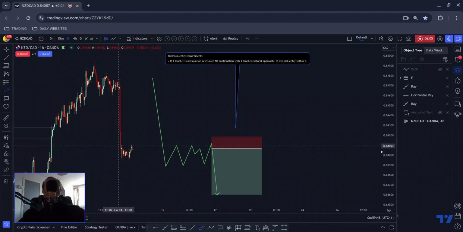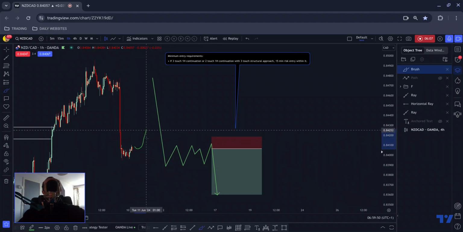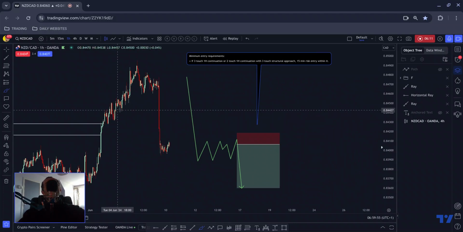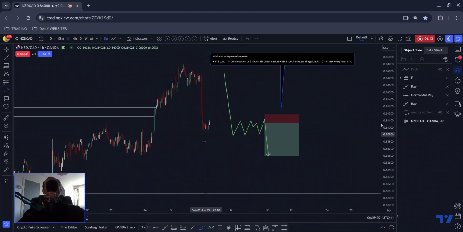mitigate the risk of what I've just said. Price slipping back up and then dropping like that. Okay, especially after a big drop such as that. Okay, and then I'll be able to manage it.